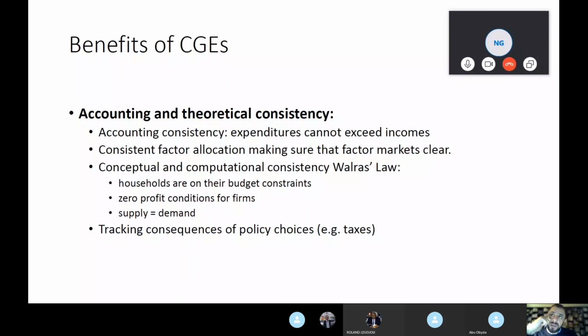That's one of the most important assumptions that we have in CGE models, and this is what guarantees that we're going to have a general equilibrium framework. Okay,